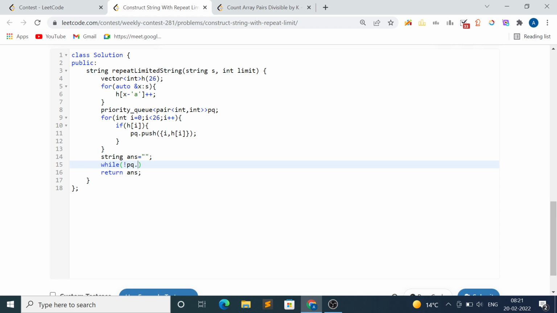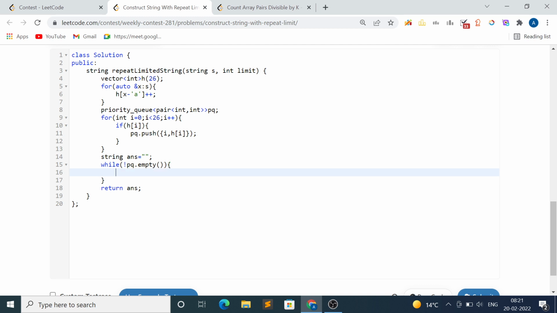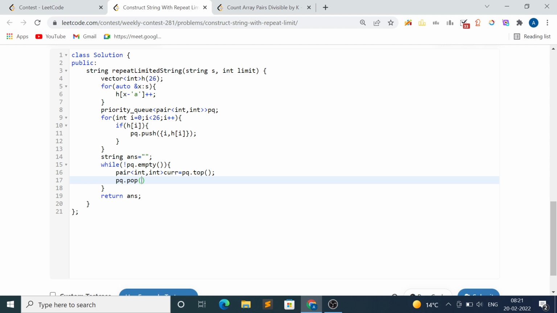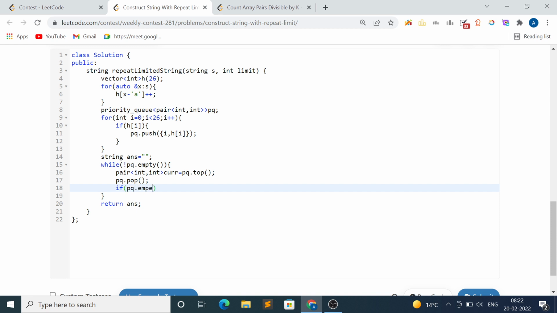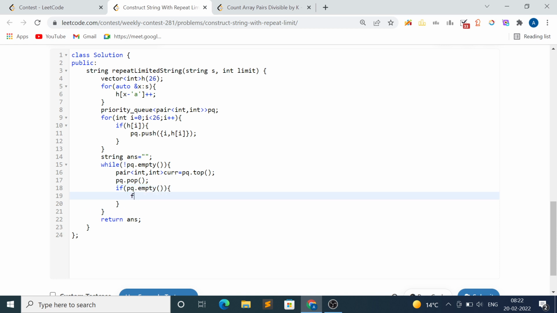While not of pq dot empty, int current equal to pq dot top. If not of pq dot empty, then for int I equal to 0, I less